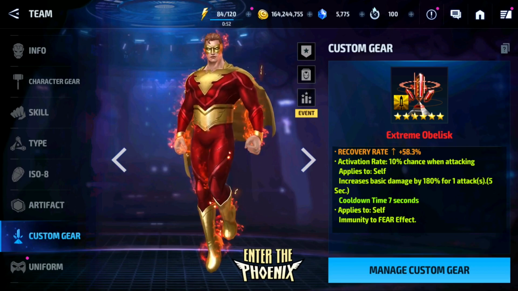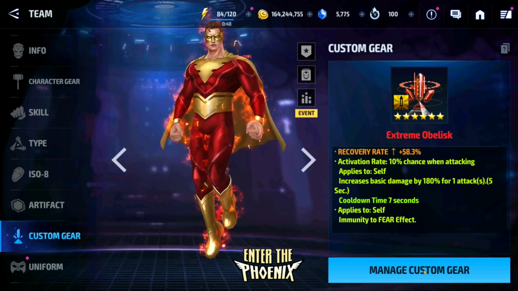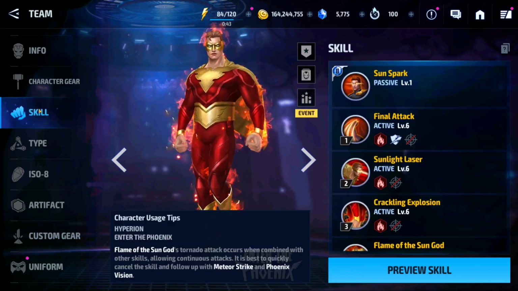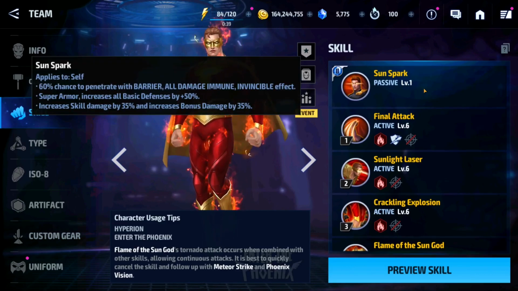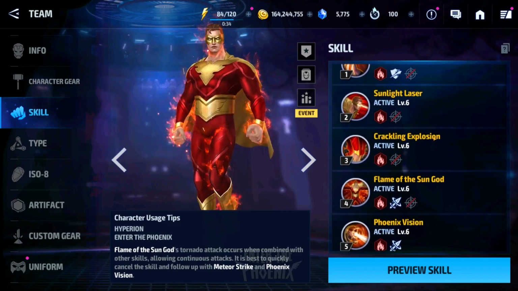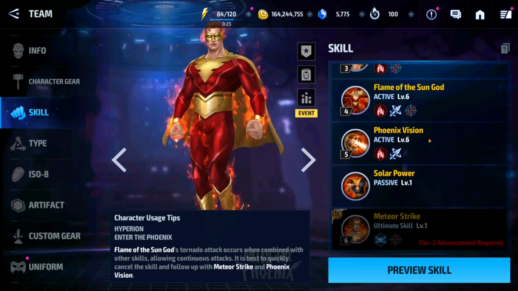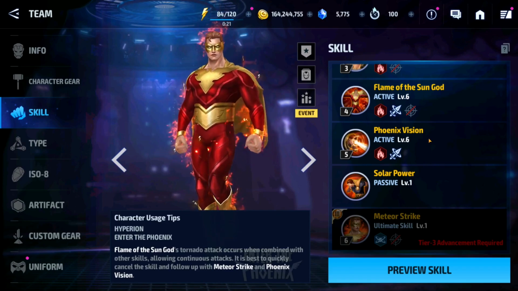Next up, we have the Obelisk. So you're basically looking at a character's skill effects, how they play, in order to try to determine how you're going to equip them. So for instance, with my man over here, we can look at some of his skills, and we can see that he's basically doing a lot of fire damage across the board. Typically when you see an element that strongly represented inside a character, like if it was Iceman, it'd be cold. If it was Luna Snow, it'd be cold. Those characters are typically geared more towards